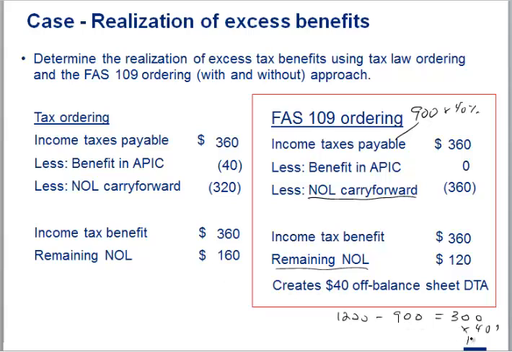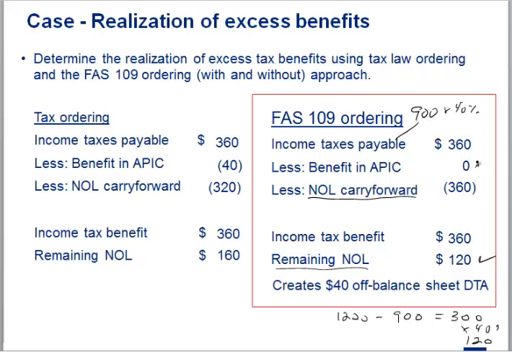So I have 120 left, which is this. So now it looks like I used more NOL than I did when I did this on the left side of the page. Right? And what happens, here's the zinger, is when I look at my tax return, I still have 400 of NOL. Right? So if I have 400 of NOL on my tax return, and I'm saying I'm only going to show you 300 of the NOL,